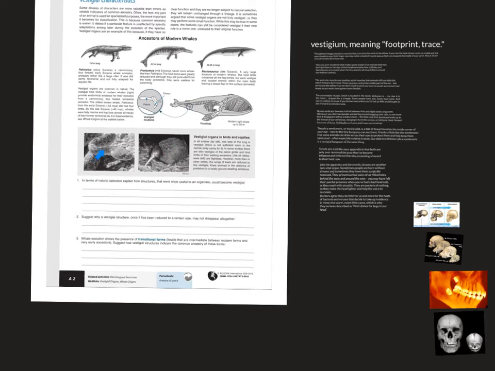The same with the snakes. They had four legs, but at some point, being able to slither around and swallow its prey became more important than having an extra lobe to the lung or having those extra legs. So those that didn't have the legs and had more muscle and could slither better had an advantage. They had more babies, and they became the dominant form that you find in the population.